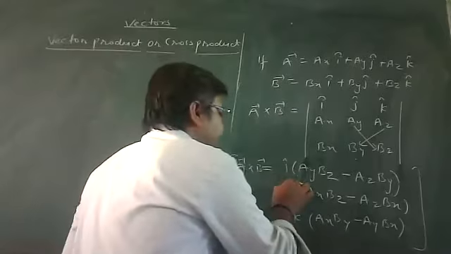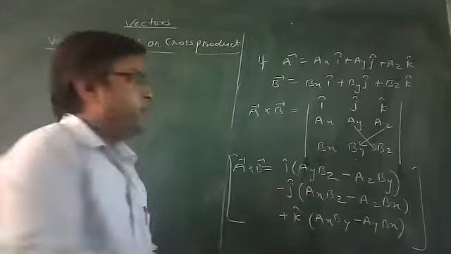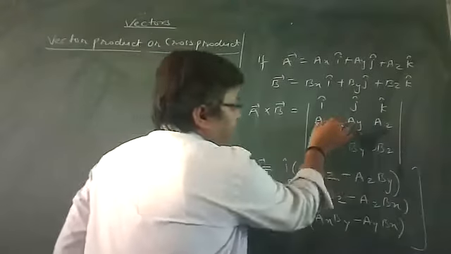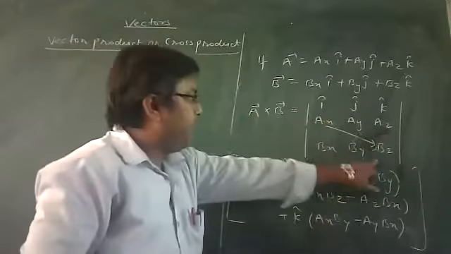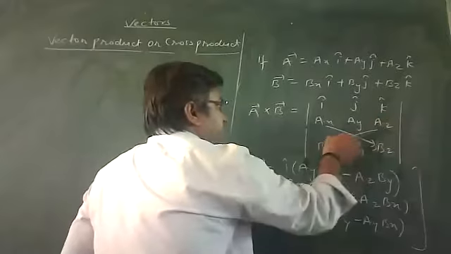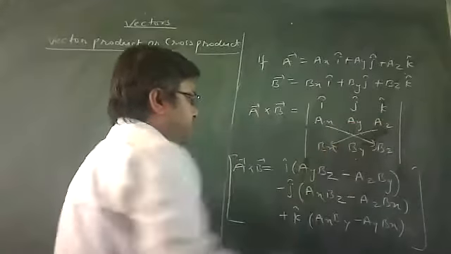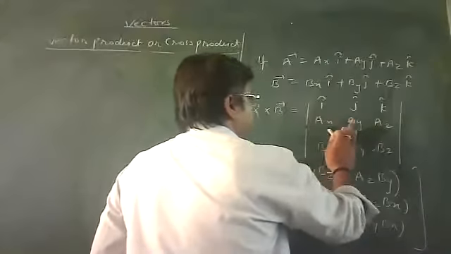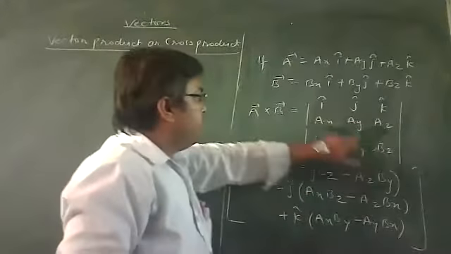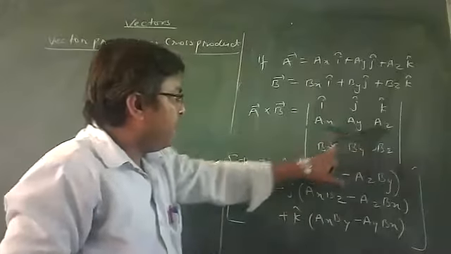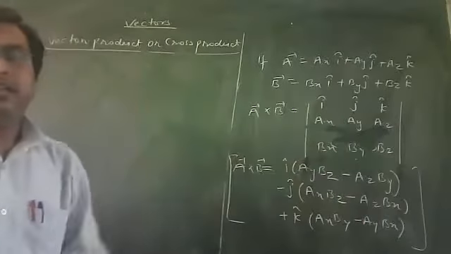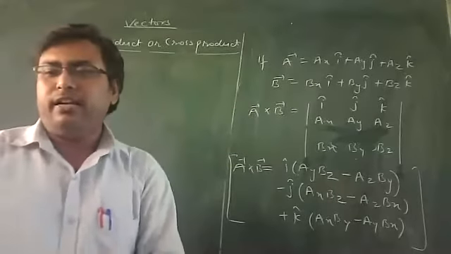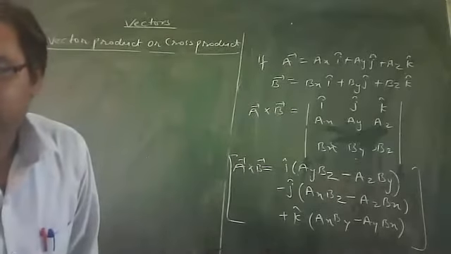Then place the minus sign, minus j cap. If you are going to multiply for minus j cap, then how will you do it? Ax multiplied with Bz, and Az is multiplied with Bx. Leave the y terms. You will place the sign minus here. Then go for the k cap. Third one, go for the k cap. Leave the terms of z. Now multiply Ax By and Ay Bx. You will obtain A cross B. This is the resultant of A cross B, and definitely it is a vector quantity.